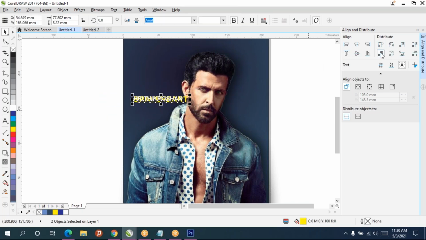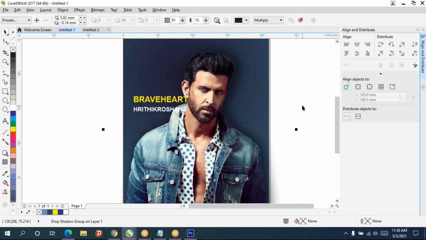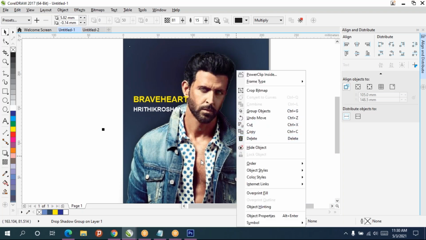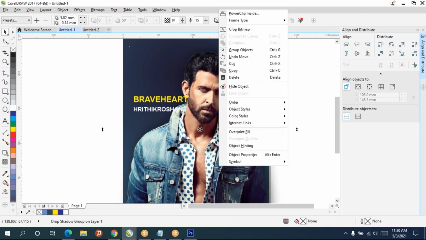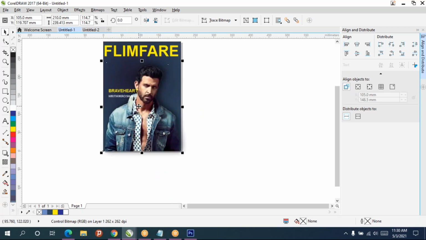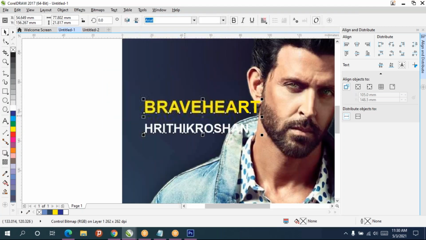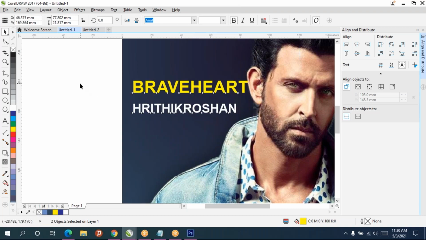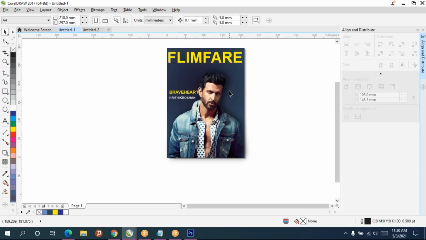Now I want space between each object, meaning spacing between each object. And whatever content you want, you can just type and arrange it properly.